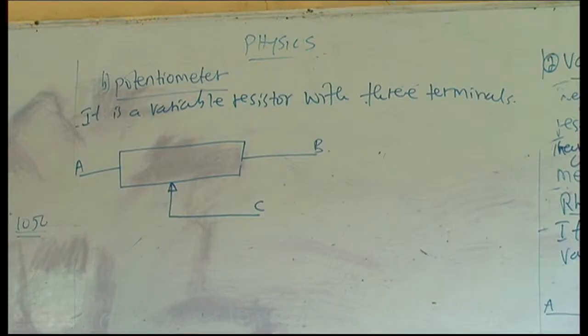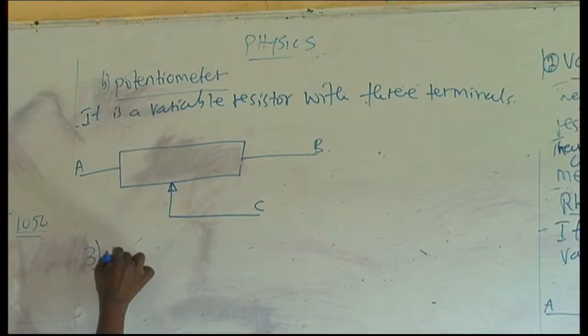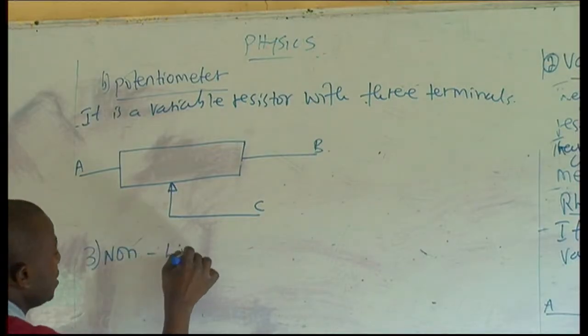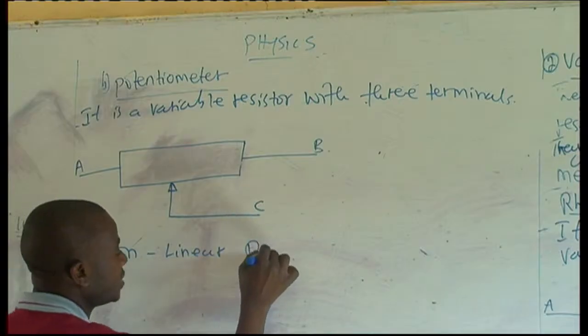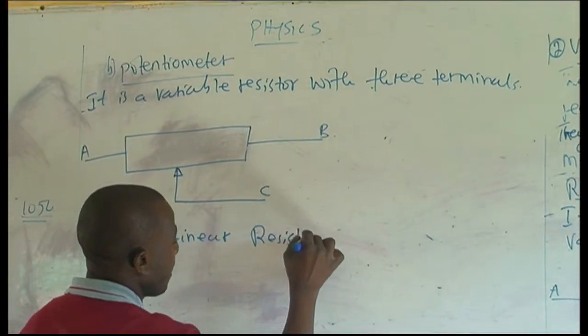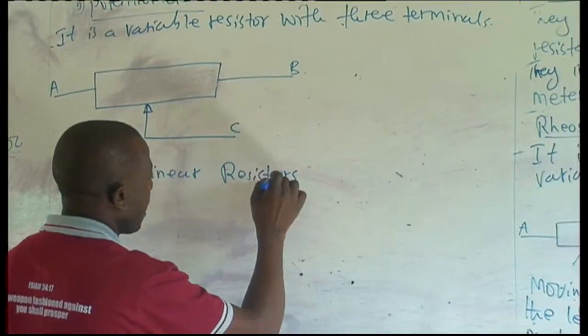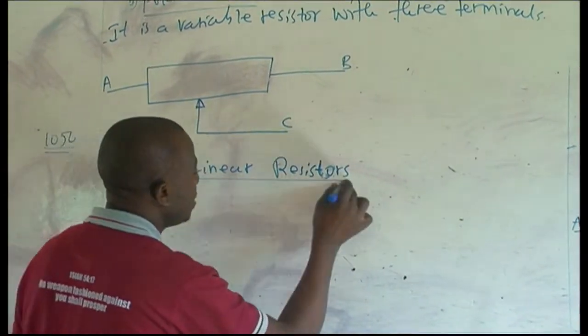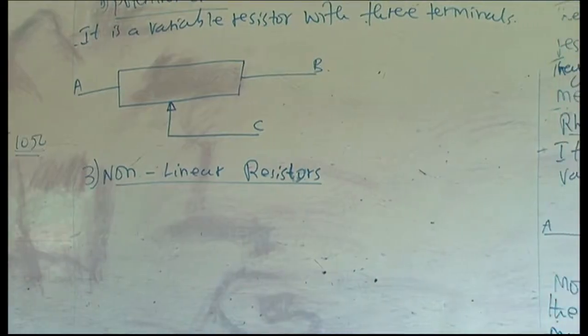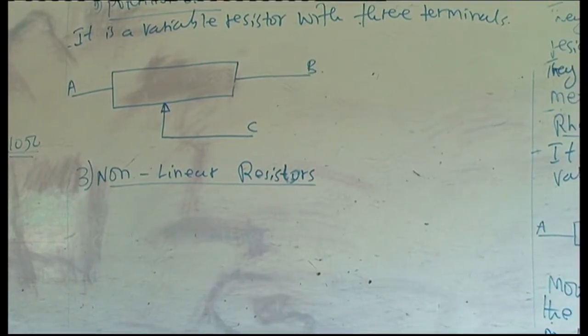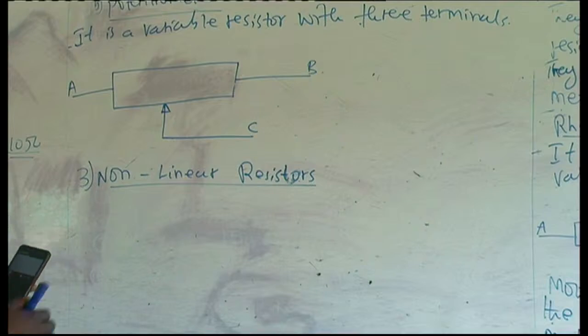Now, number 3 type of resistors that we have is nonlinear resistors. So in this case, as we are talking about nonlinear resistors, you know, for the two here, for the variable resistors,